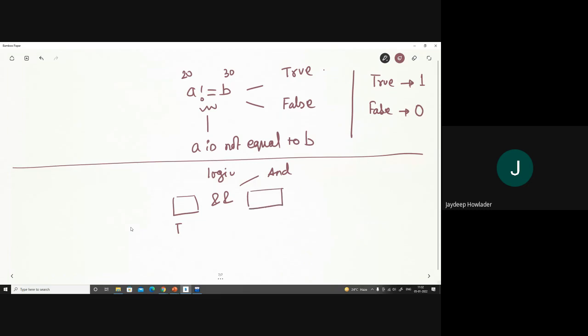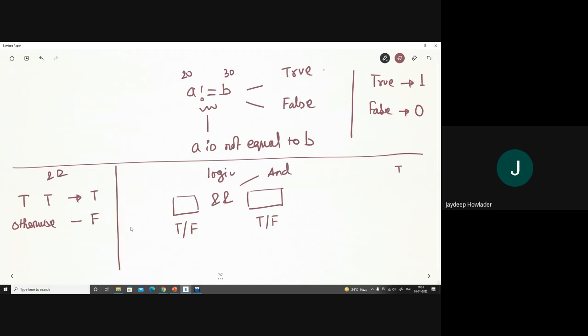I want to perform the AND operation between binary variables like true and false. Only when the left hand side is true and the right hand side is true do we get an output of true. If the two operands are true, then only we get a true, otherwise we get a false. Okay, understand?